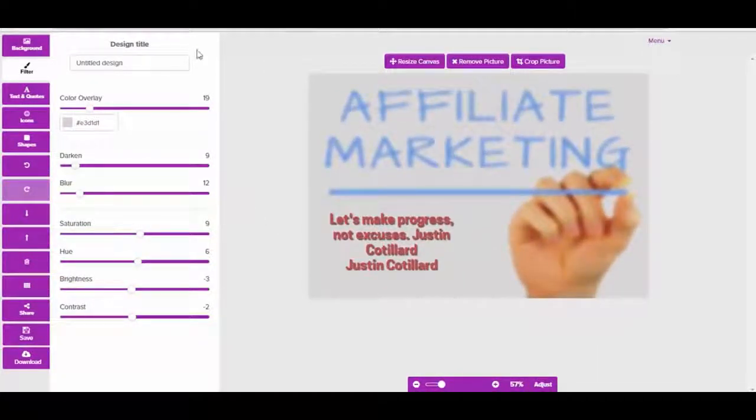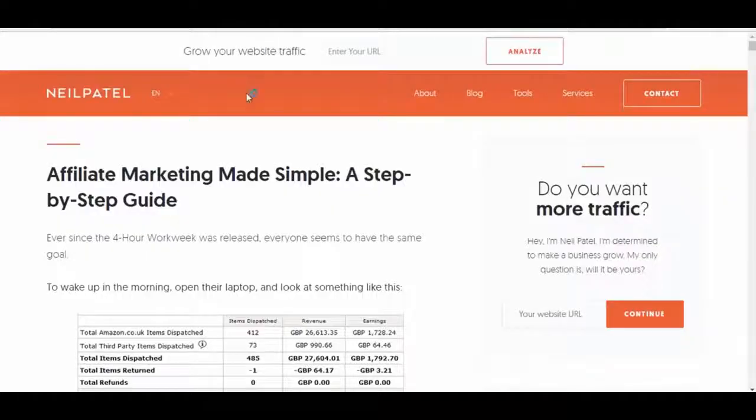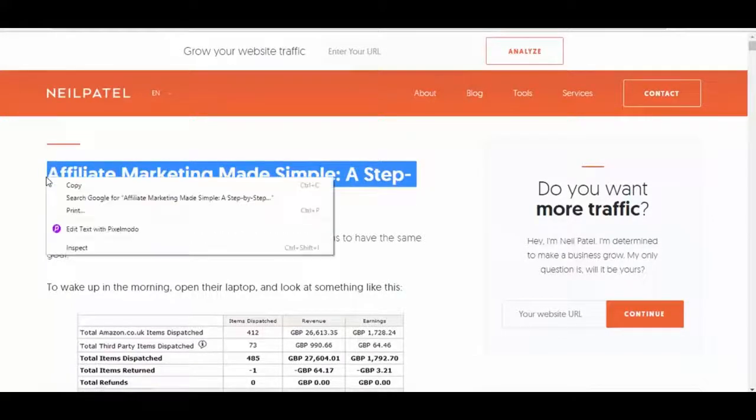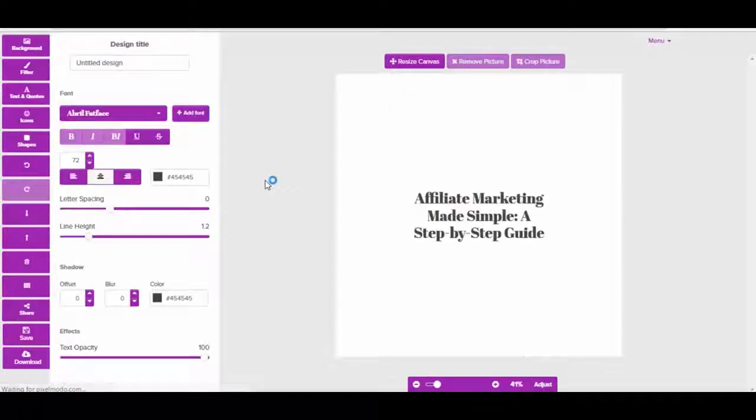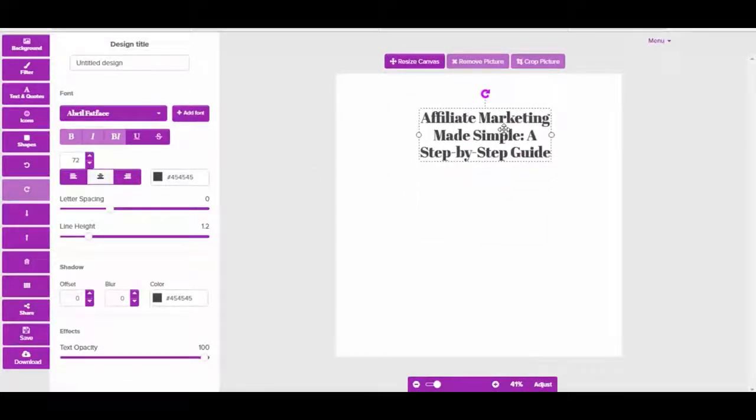The other one is the text grabber. So you can do a similar thing to what you've just seen, but you can do that with text as well. So if I right click on the text and I get it to here,